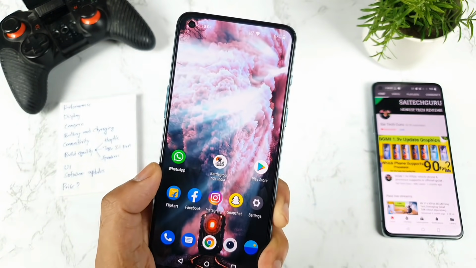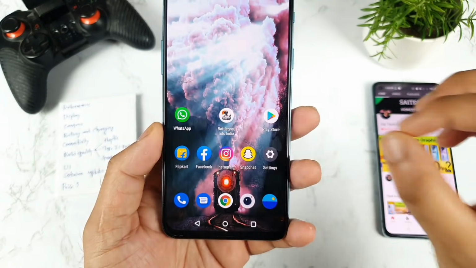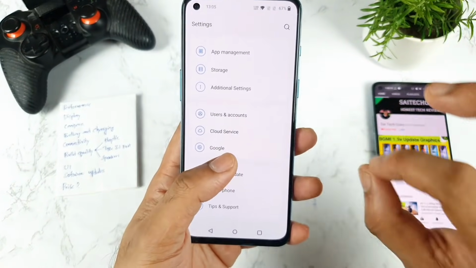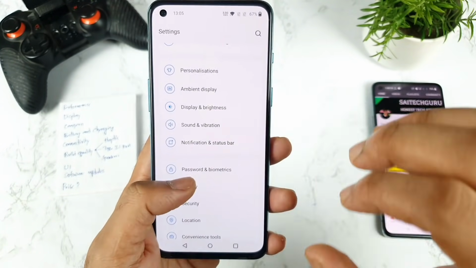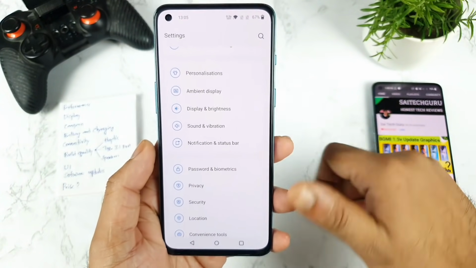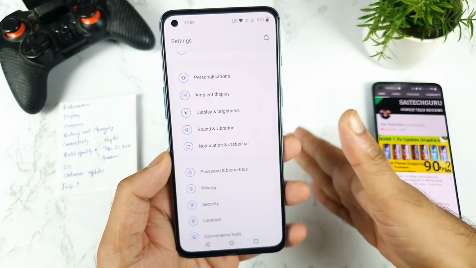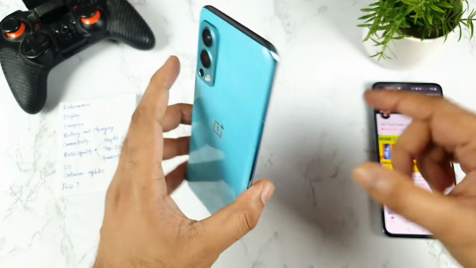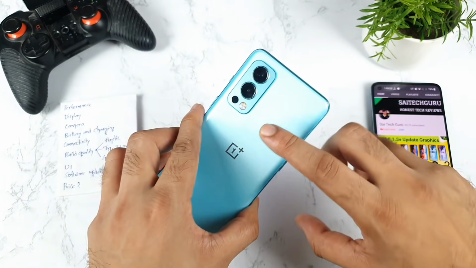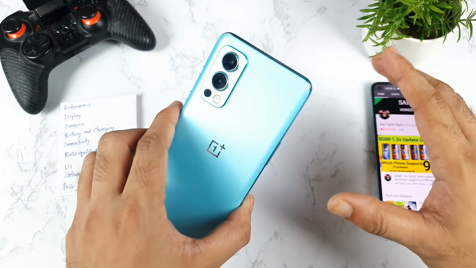Now let's move to the next topic, which is the connectivity. In terms of the connectivity, friends, you should not be worried about the OnePlus phones. Basically, yes, it's solid connectivity. Wi-Fi or 4G doesn't matter. Indoor or outdoor or extreme village type testing as well doesn't matter for this phone. This phone was able to perform really very strong in terms of the connectivity.